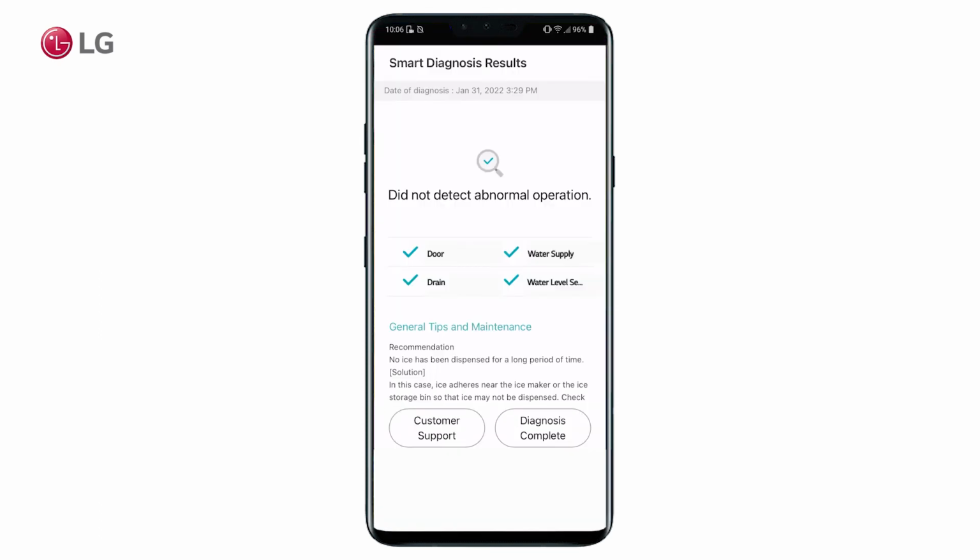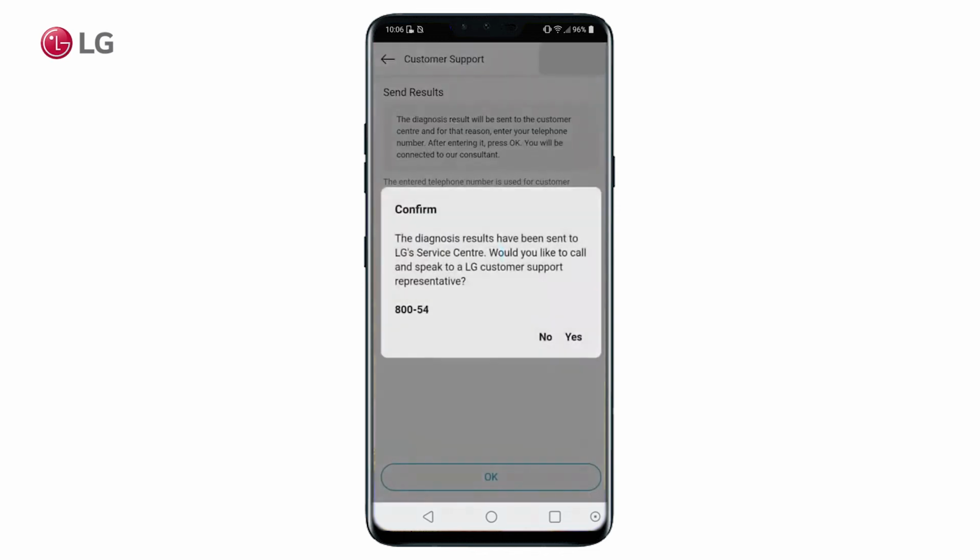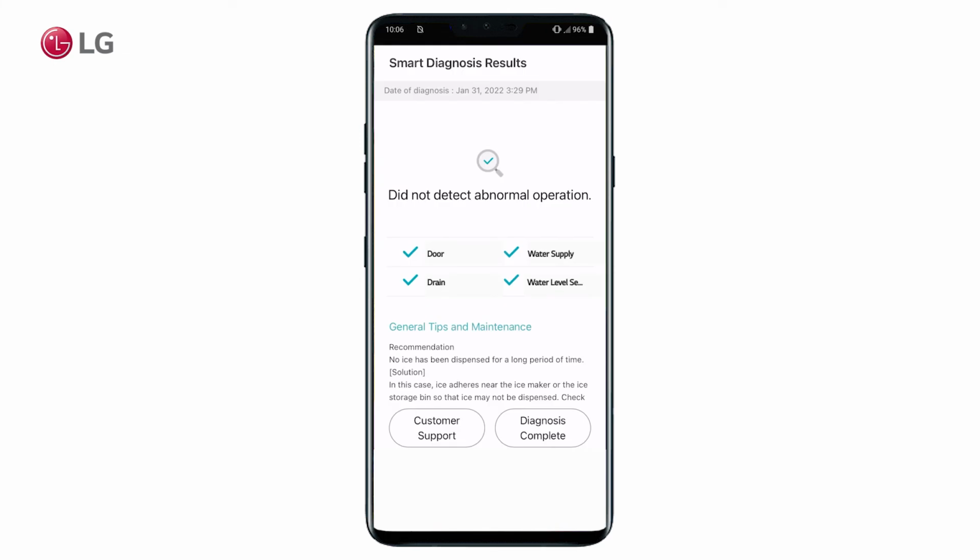If you need to contact LG customer support, click on the bottom left of the screen. Then enter your telephone number to forward your diagnosis to customer support agents. You will receive a confirmation and be asked if you require direct contact with a representative. If so, tap Yes. If there are no issues that require attention, you will see the results indicating that product